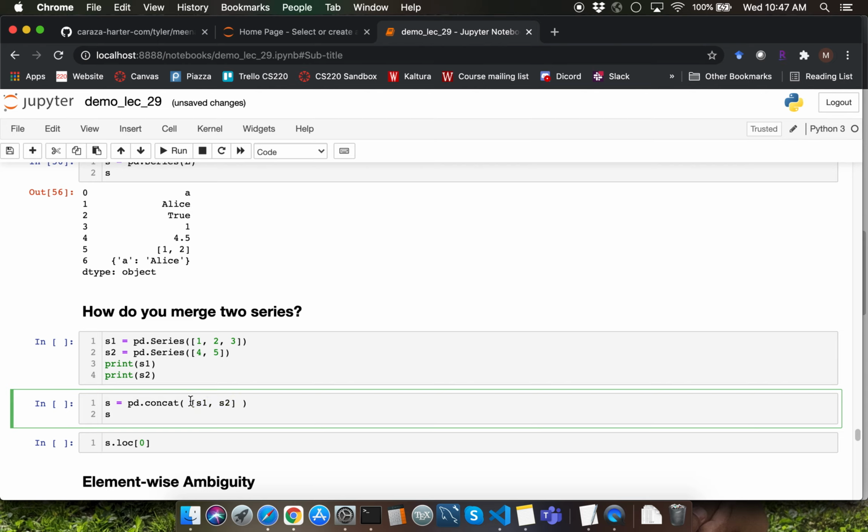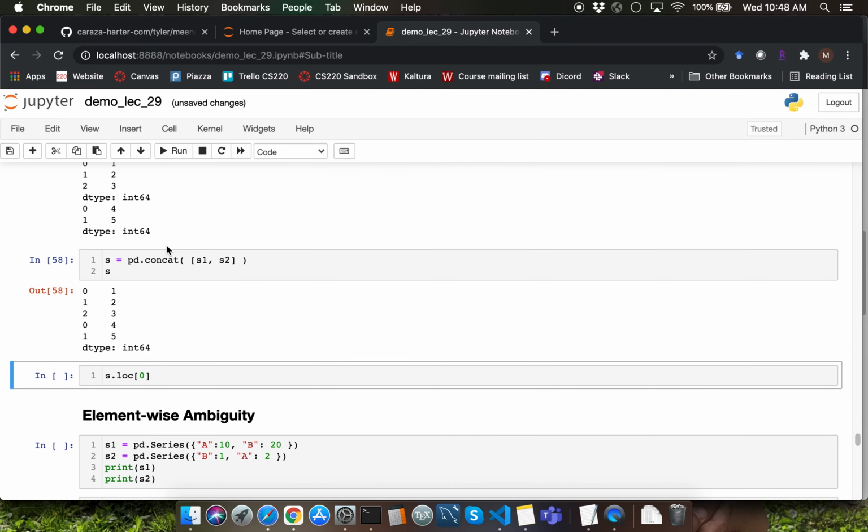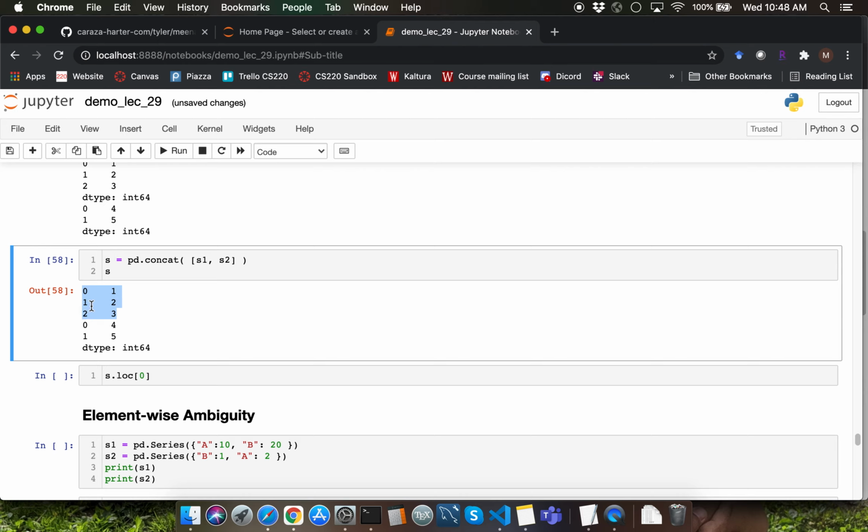So you're going to pass the argument as a list containing the items S1 and S2. Let me go ahead and execute the previous cell and the current cell. The concat function is going to take the series S1 values along with the indices and the series S2 values along with the indices, and it's just going to glue those together.